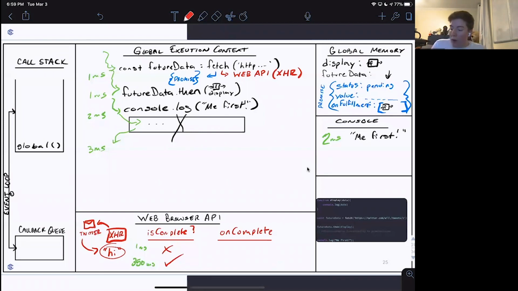So in this case, the web browser API doesn't necessarily know what delayed functionality we want to do, but it does know something that fetch sends out to the web API, right? Is that this is a promisified function. This is a function that has a promise in JavaScript, and so all that the web browser does on completion of this particular deferred, long task is it's going to update the status and value